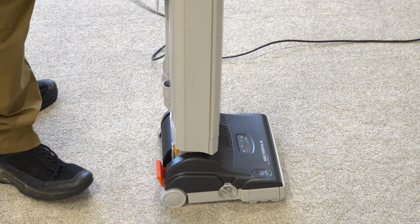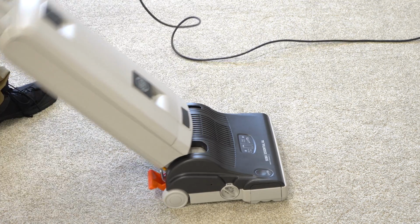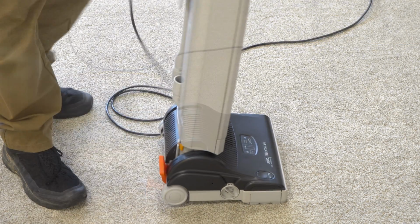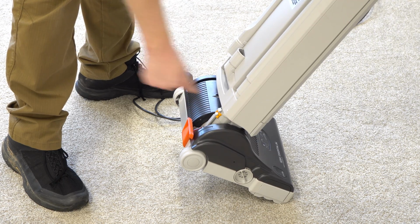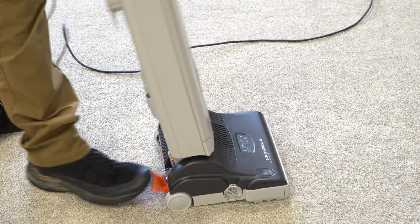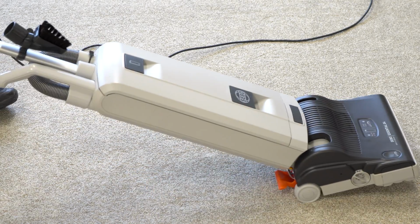Now the back of the machine has a pedal right here. You can release that pedal and the machine will lie flat. If you don't want the machine to lie flat and you have a lot of area rugs you're picking up over, flip this little orange tab, and now the machine will cantilever up to lift up over a threshold or